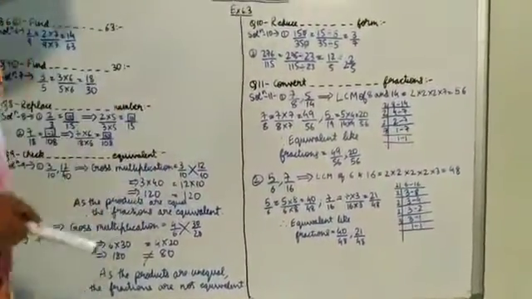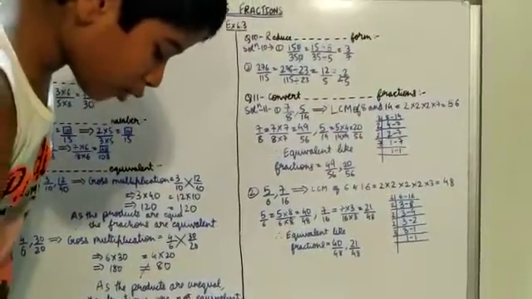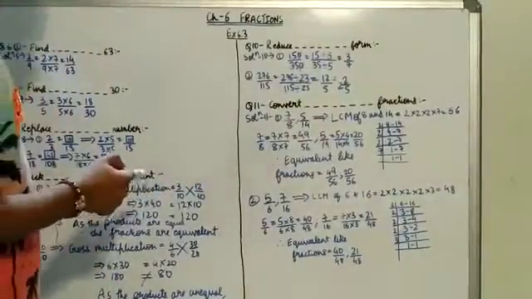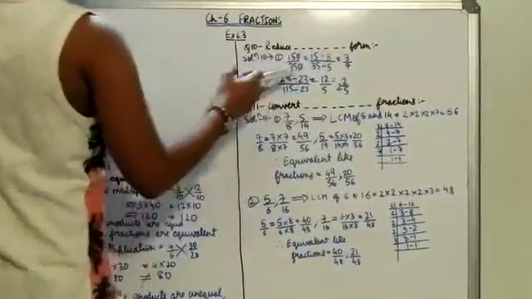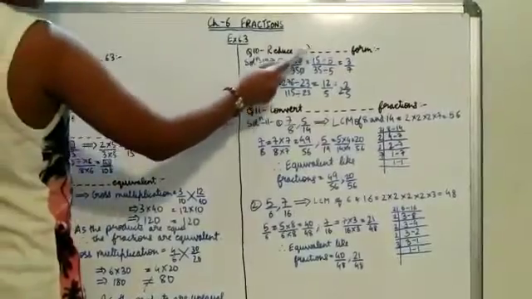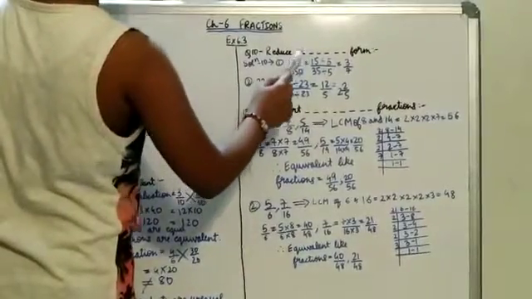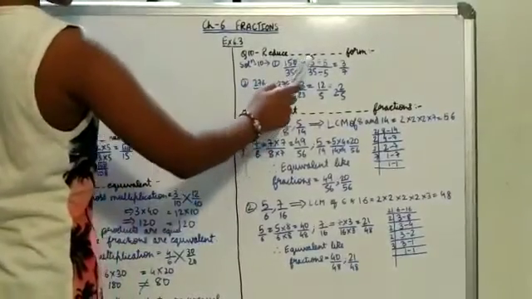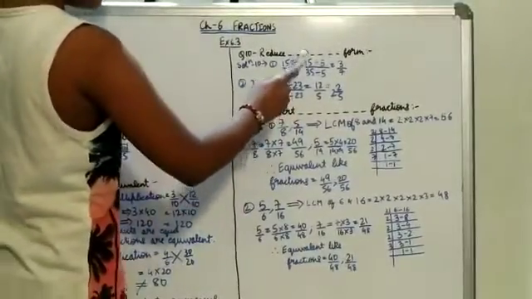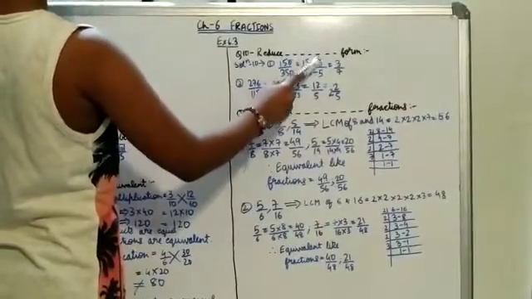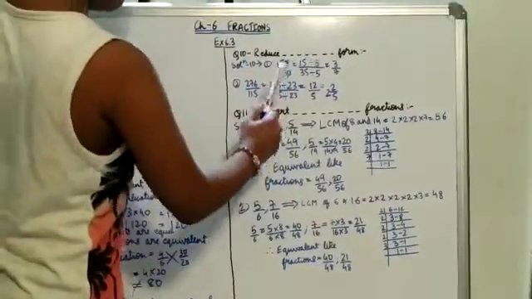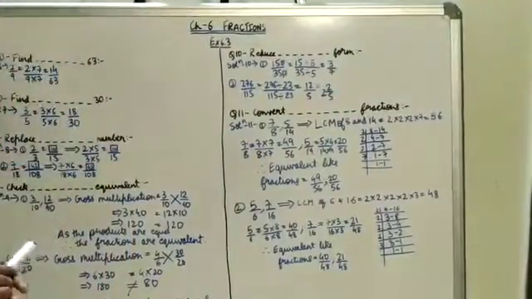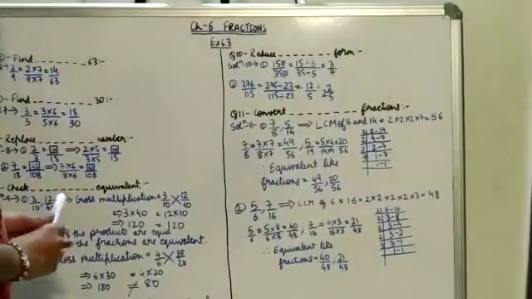And question 10. Reduce the following fractions to simplest form. First, 150 upon 350. If you want to make this calculation easier, you can just cancel the zeros in 150 and 350. 15 upon 35 is left. Then divide 15 upon 35 by 5 upon 5. We'll get 3 upon 7 as the simplest form of 150 upon 350.